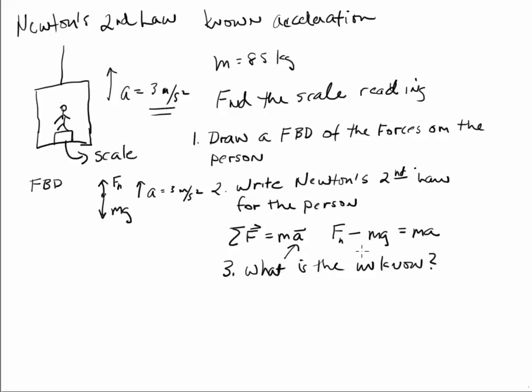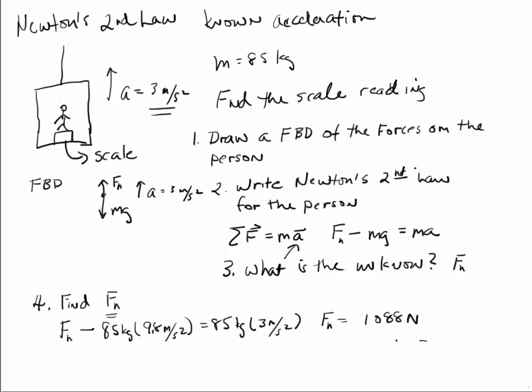Now, answer the question, why do I not need to put my vector signs here? So what is the unknown? Well, the unknown is Fn, the normal force, because the normal force that the scale exerts on the person is the force that the person exerts on the scale. Remember Newton's third law. And so we want to find this number here, Fn,